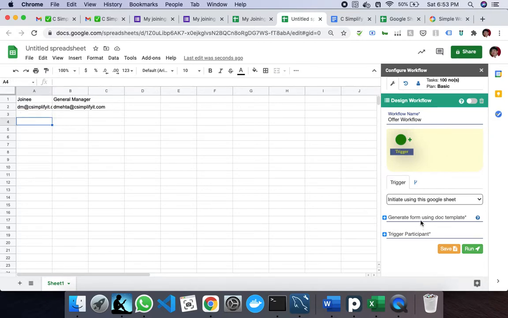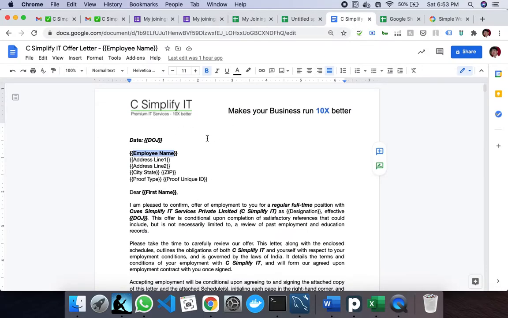Next thing we have to do is, because for this workflow I wish to generate a document like what I have shown. So I have already created a template for you. So this is my template, and because this template is already there, I don't need to create a new one.